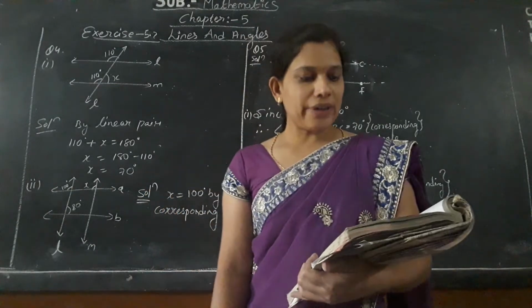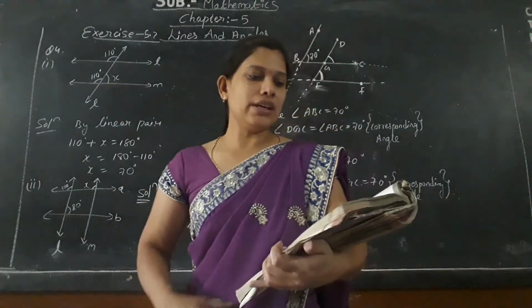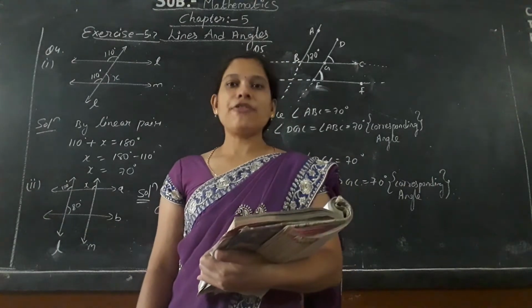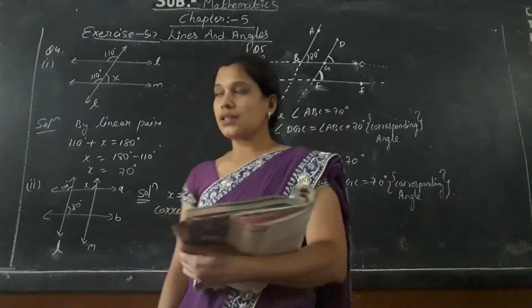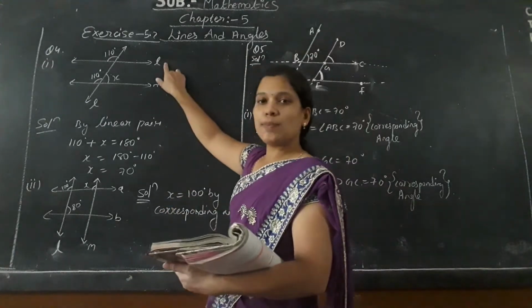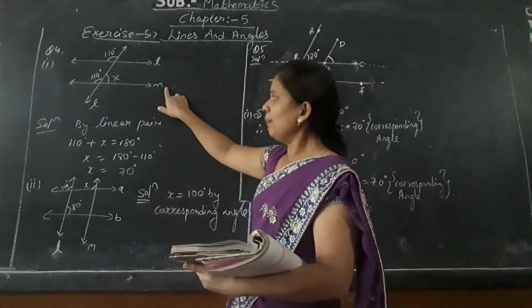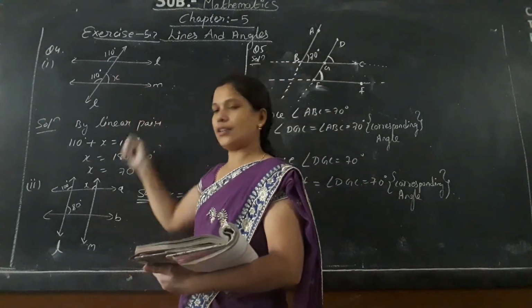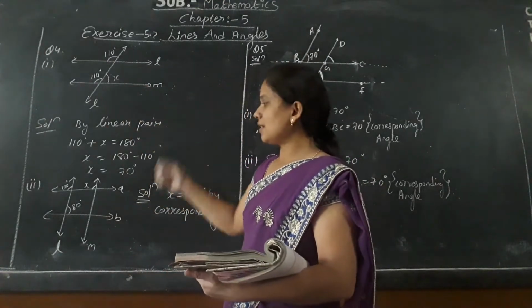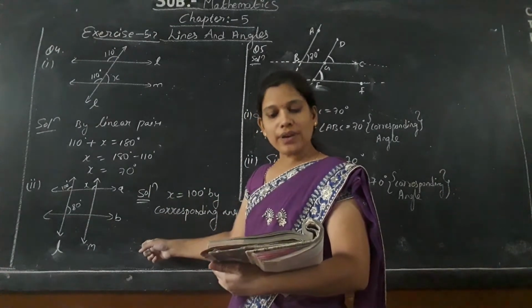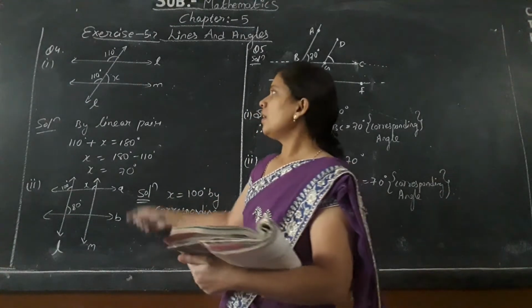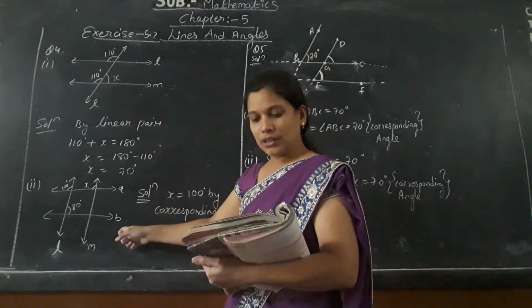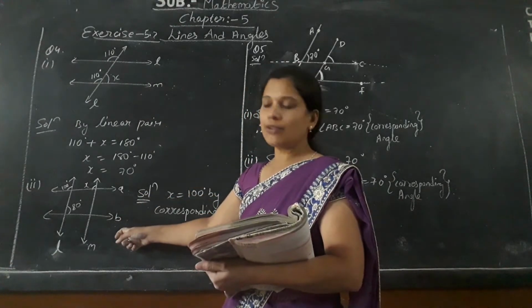Find the value of x in each of the following figure if L is parallel to M. What is given here? If L is parallel to M, it is given. That means the line L is parallel to line M. Now what you have to do? You have to find the value of x in this figure. Both first and the second part you have to find the value of x itself. Clear everyone? Now L is parallel to M, and A is parallel to B in this figure, it is given for question number 4 student.